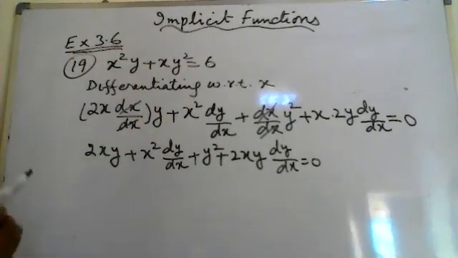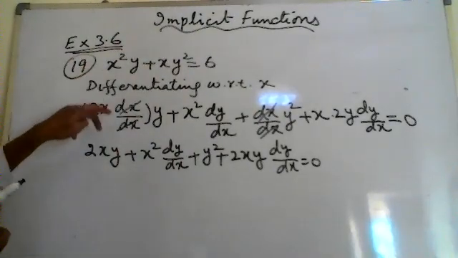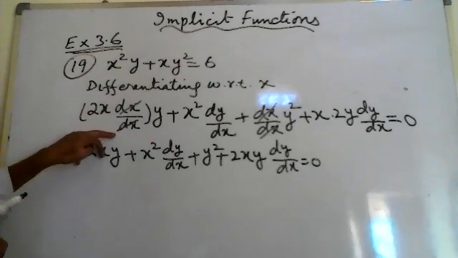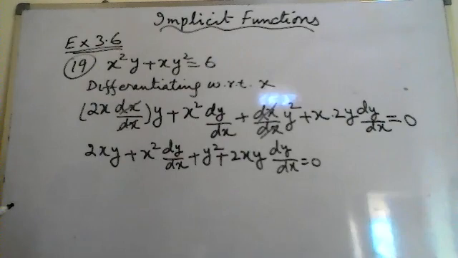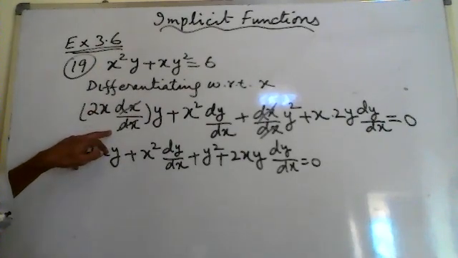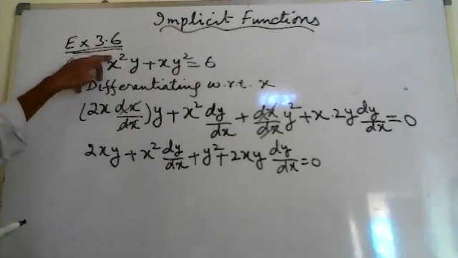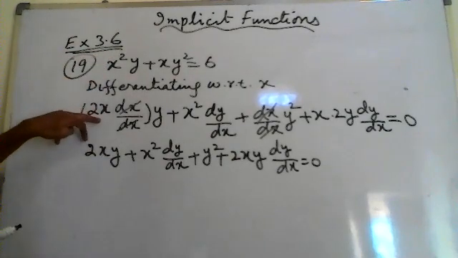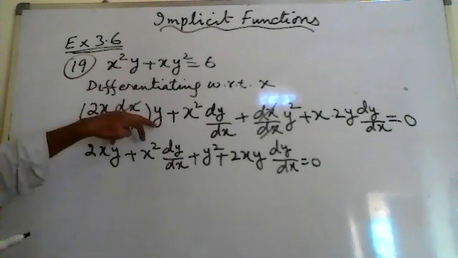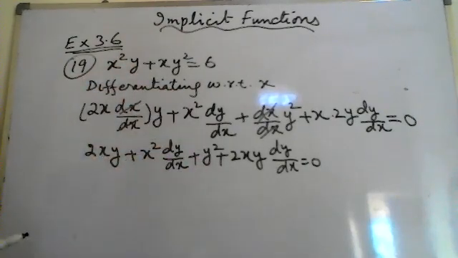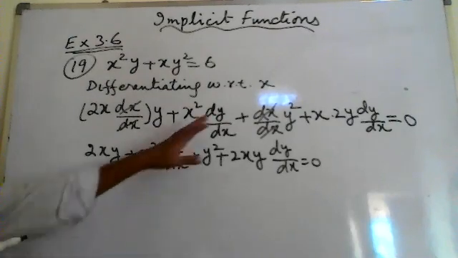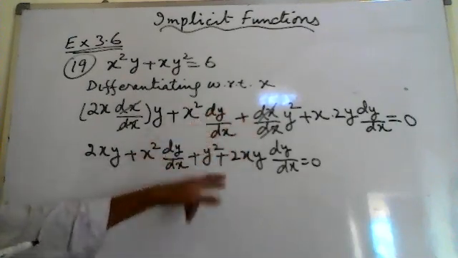So in this question, I wrote the derivative of x with respect to x as dx upon dx. Here also, the derivative of x with respect to x is dx upon dx. But in the next questions, I will not write dx upon dx. It is understood that the derivative of x square will be 2x. No need to write it into y plus x square, the derivative of y will be dy upon dx. I will not write dx upon dx, but dy upon dx I will write.